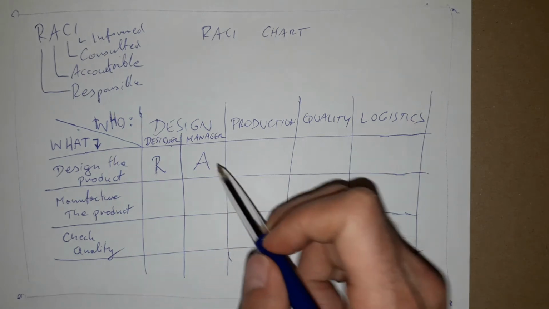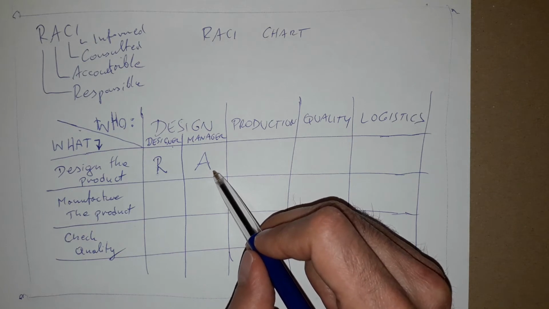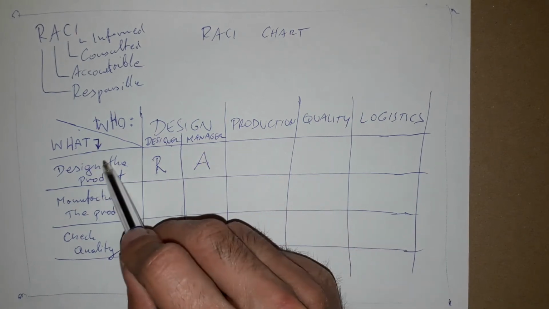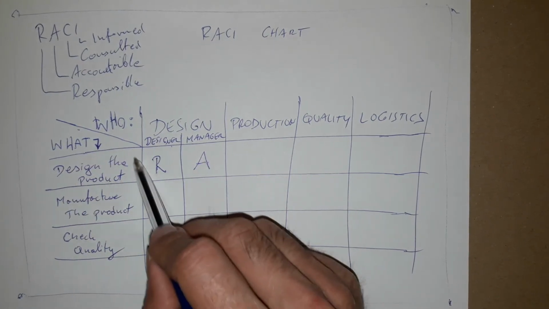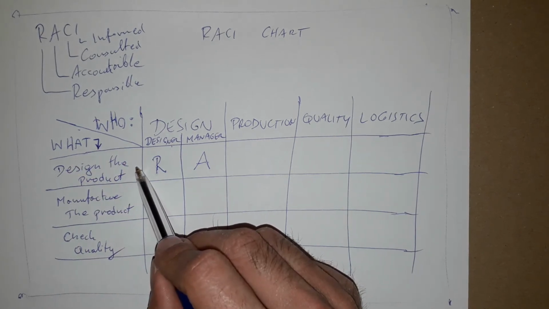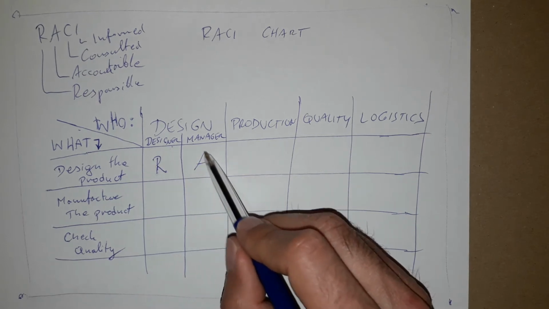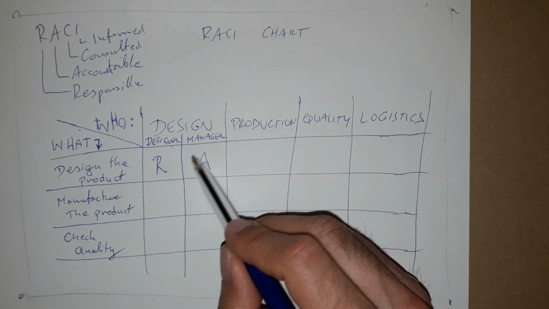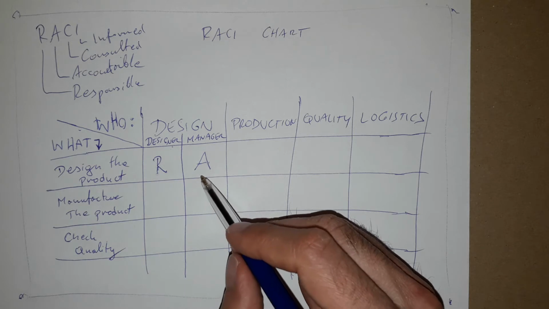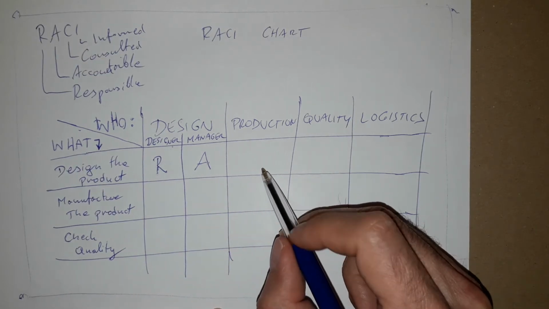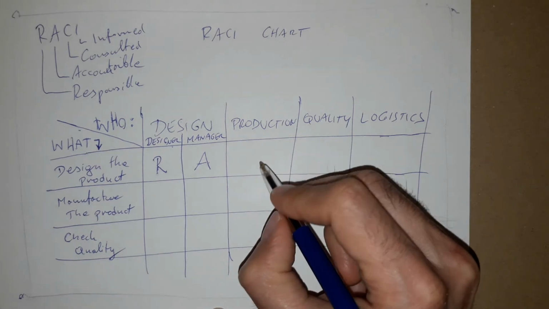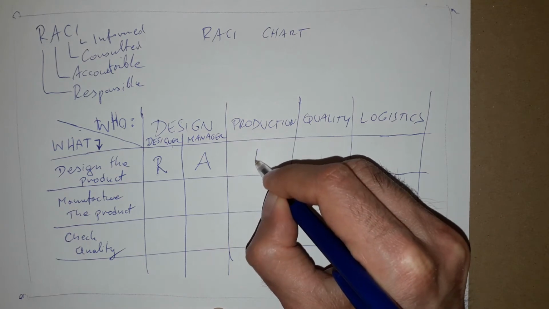So if there is any trouble caused by this job, if there is any malfunction and somebody needs to pay for the errors made, the money for the troubles will be taken from this accountable person's budget. Okay, now the other people or the other departments, they just need to be informed. So for example, production department needs to be informed when the design is ready,